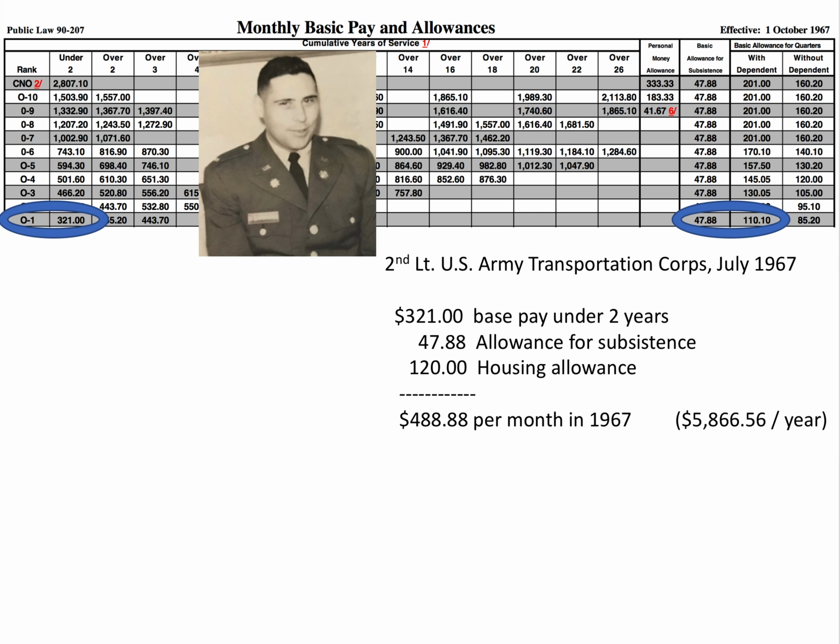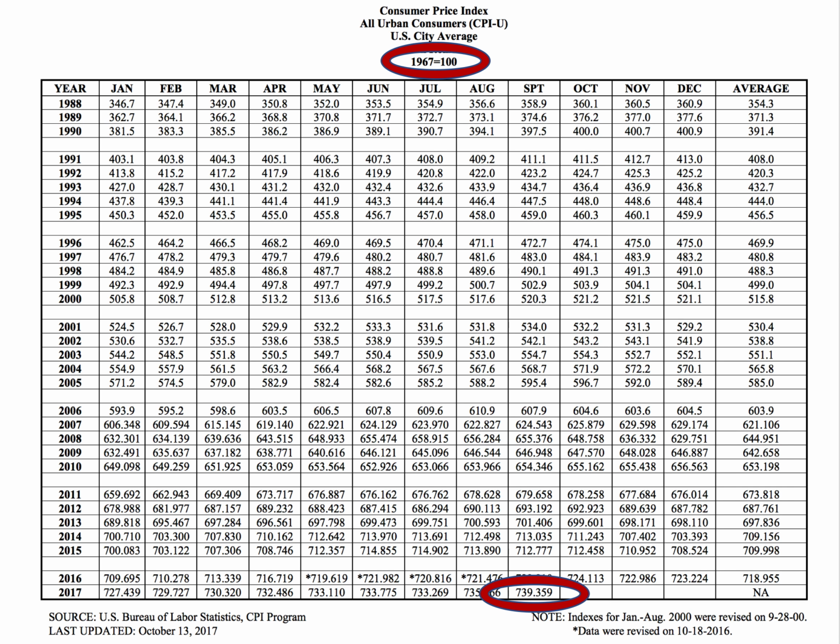So back then, fresh out of college with a bachelor's degree in economics and a second lieutenant commission, I was making a grand total of $488.88 a month, and I thought I was doing really well. Now, if we added all that up for a year, you'll notice it's going to be about $5,866 and some change for the year. Okay, now